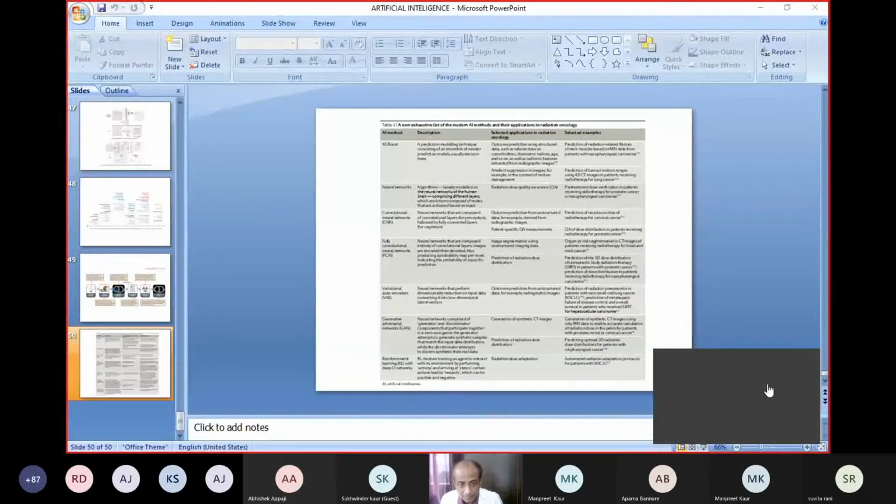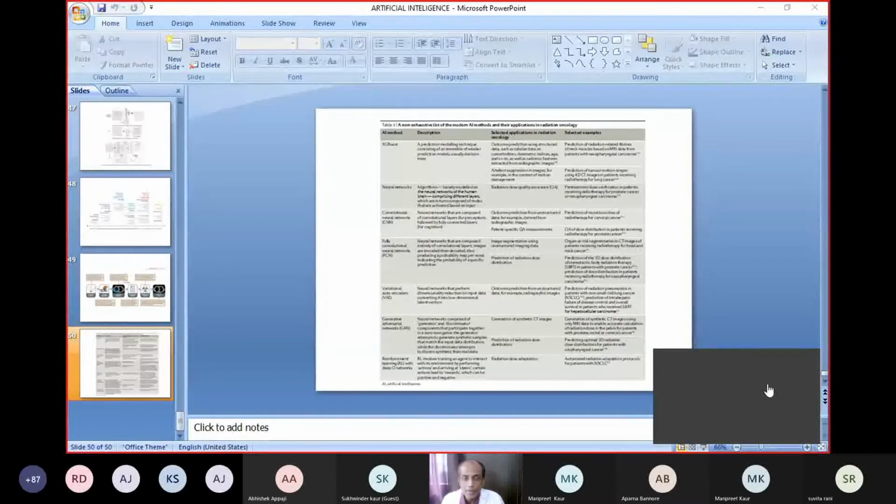Sir, one question is how many times RT can be given to stage 4? How many times can RT be given to a stage 4? Yes, Dr. Chandran, radiation is usually planned for a minimum of 25 to 35 fractions, depending on the site. Like for a uterus or cervix cancer, we give 25 fractions of radiation, and for head and neck cancers, we give 30 fractions of radiation.